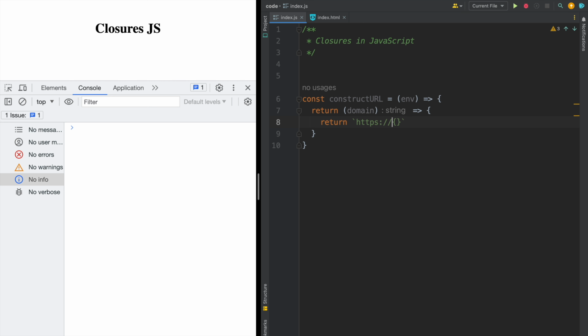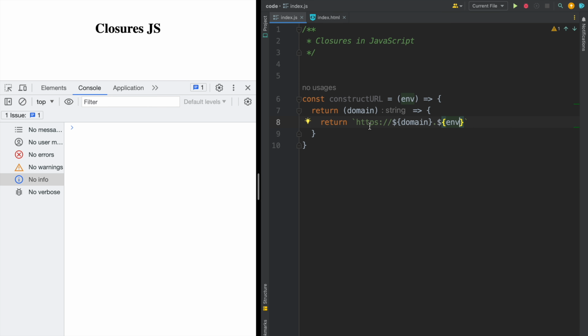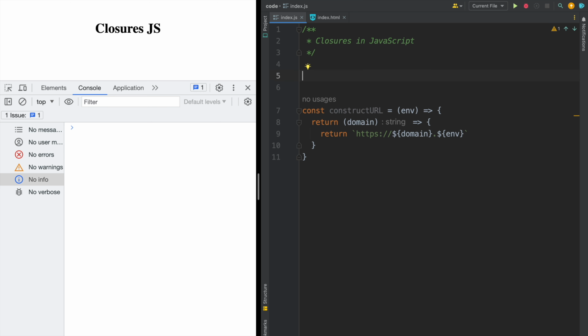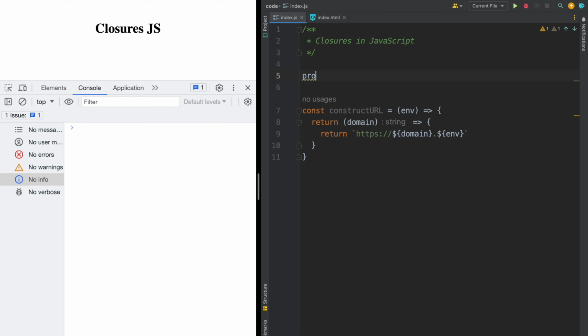Here will be domain.env. And for example, we will have a set of environment variables. In a real project, it should be accessed, for example, by process.env or something like that, but let's create them as variables. So const env, it should be dev,